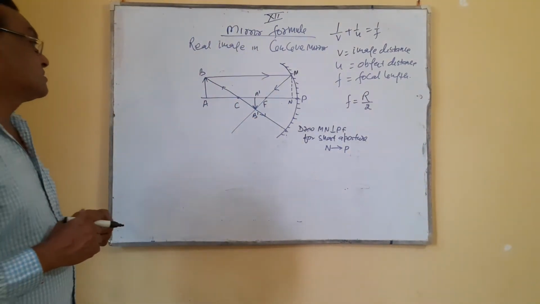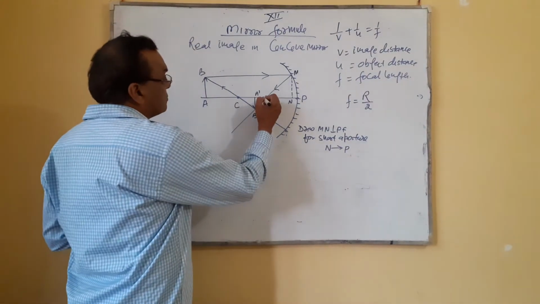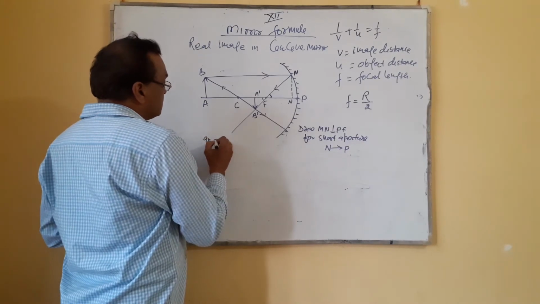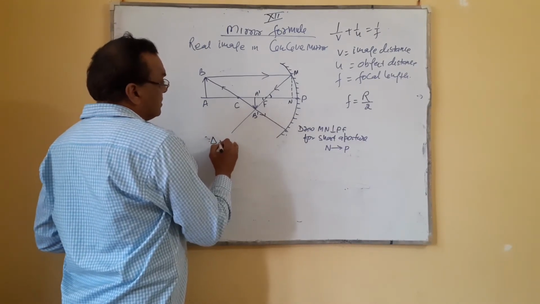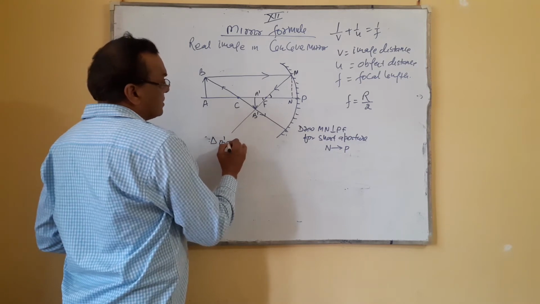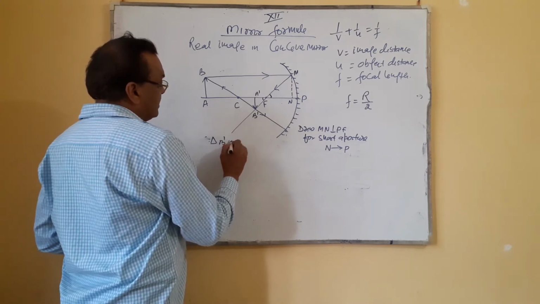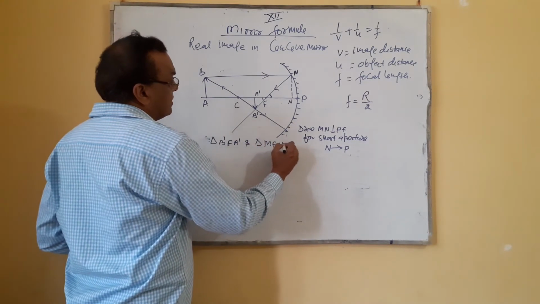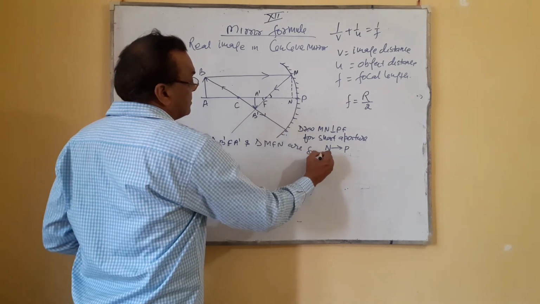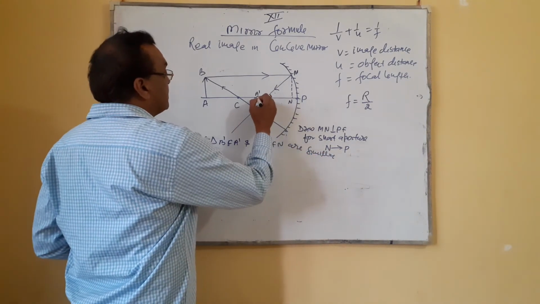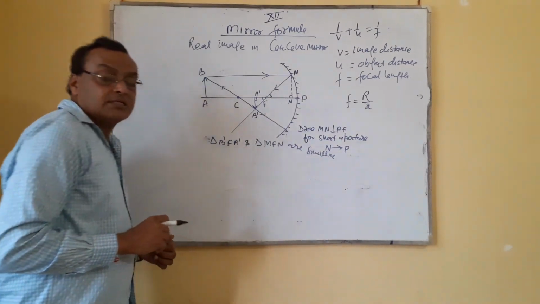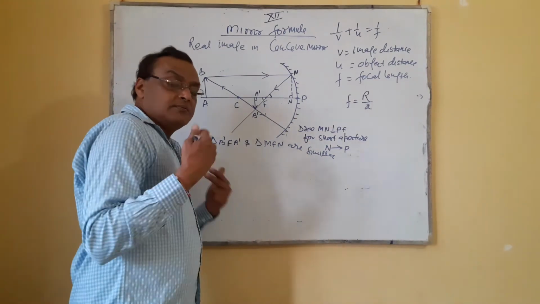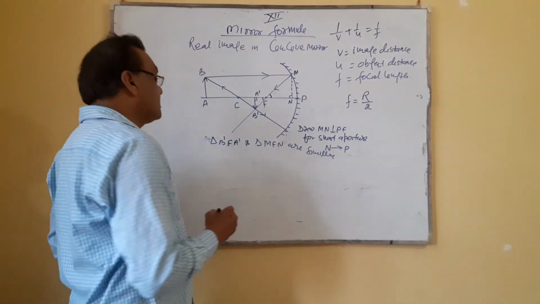So in such a case, now we are taking the two triangles, triangle B dash F A dash and triangle M F N, which are similar. How are they similar? Because the vertically opposite angles of this and this are equal, and the perpendiculars are there. In such a case, we apply the similar triangle theorem. What is the similar triangle theorem?